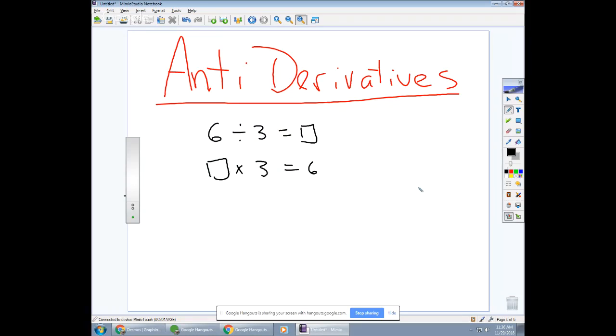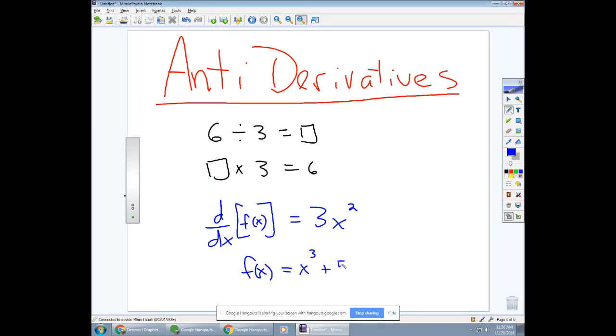With antiderivatives, are we making the function we're working with the slope function and then our answer? Yes! Sam hit the nail on the head. So we're going to say, I took the derivative of some function f of x, and for an answer I got 3x squared. What could the function have been? Whose derivative is that? It'd be x cubed. It's x cubed. So if f of x equals x cubed, maybe plus 5,